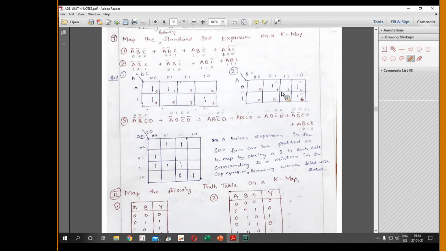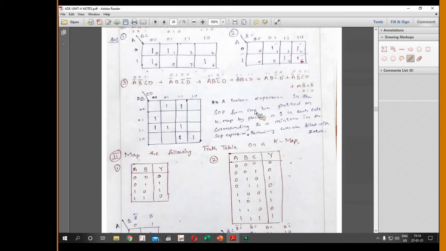So we have four functional values here. We have placed 1s here, and we left the remaining minterms. Since they are not represented, those functional values are zeros. If a minterm is not represented in your function, the functional value of that corresponding minterm is 0. If it is a maxterm, the corresponding maxterm values are 1s.